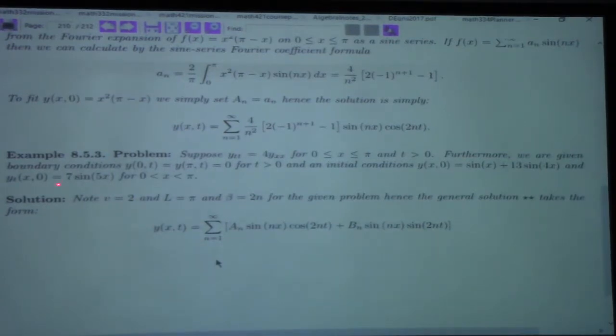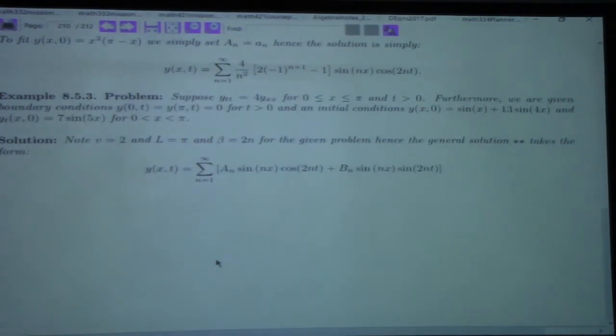And the B terms, I've got the fifth one is non-zero. But remember, I got to be careful because I have to write it down. I can't do that in my head. I can do the A's in my head because it's just matching, right? But the B's, you got to think about